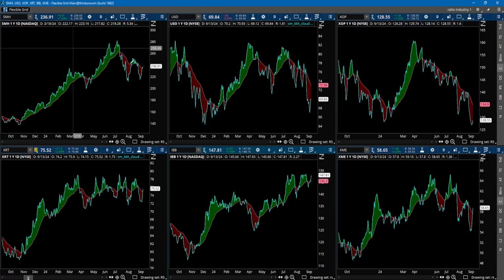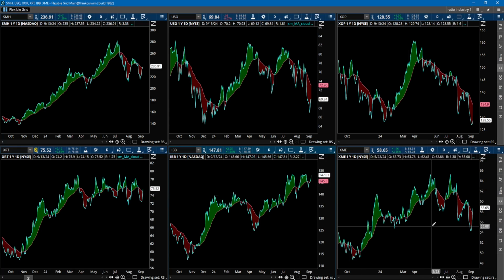Looking at some of the industry here, we see that the semiconductor industry came up quite strongly last week, got a nice little recovery, but it is still at this lower high. So we'll still be watching the semiconductors to see if it will be able to get back up above this pivot high at the 250, 251 area. And also the oil and energy sector is still weak. We did see retail come up and hold steady.